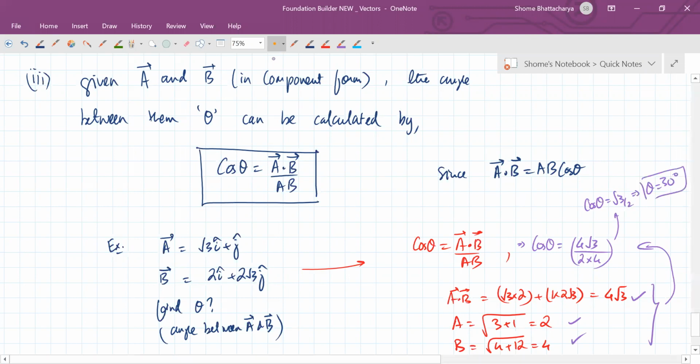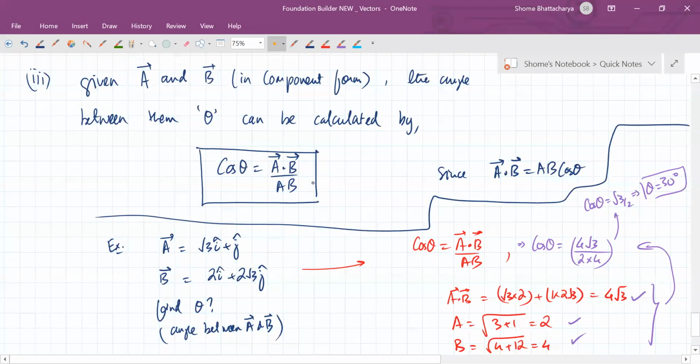So you can see that this is an example of how we use dot product to find the angle between two vectors. This is the formula, and this is no new formula. It is just the same definition of a dot b. But here now theta is the unknown and a and b are known vectors. So use this to find out this. So just make a note of this quickly.